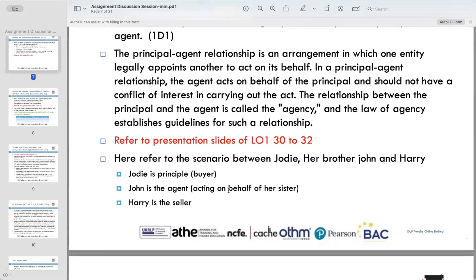So what I am planning in this situation, where Harry is telling us we have a contract, is that I want to support Jody. Unfortunately, sorry, you have a contract, like you and me have a contract, like Jody and Harry have a contract, but in that contract, at a particular point, I want to mention that without the principal's knowledge, if the agent is making any decision and communicating with the seller and giving any promises, the principal is not responsible. What do you think?